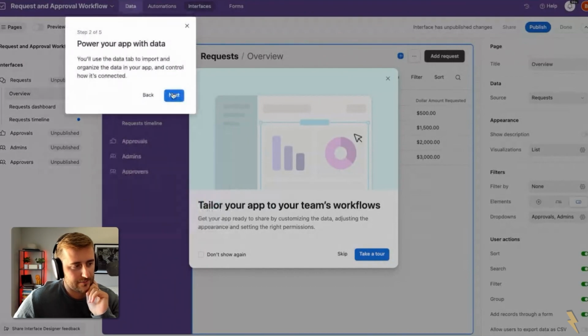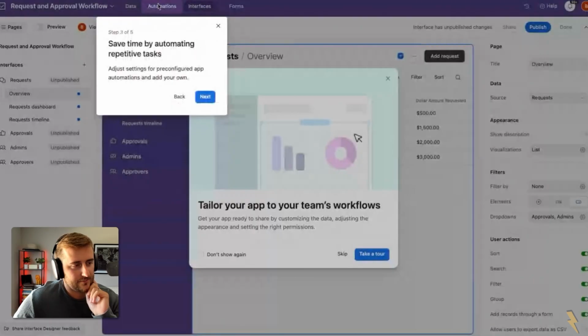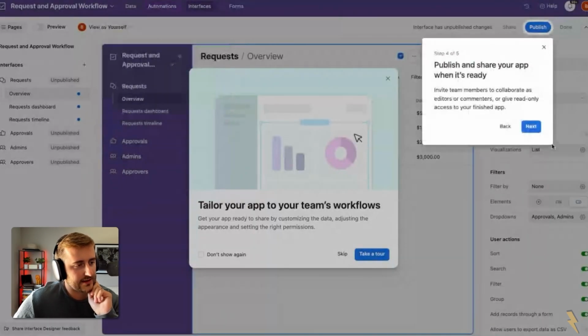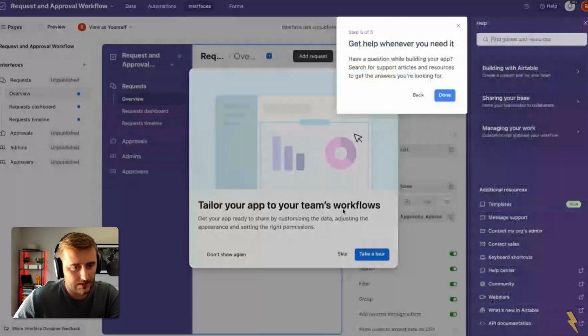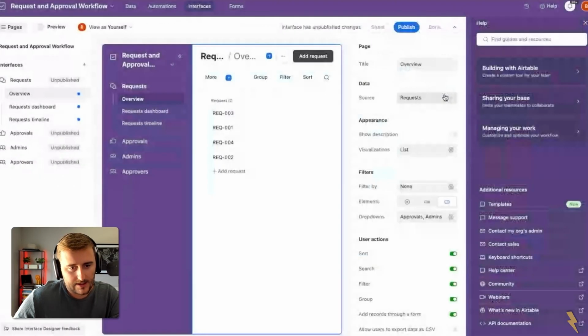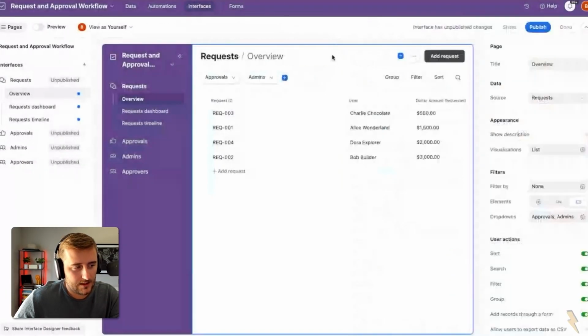They all start out as unpublished. That's the data layer. If this is your first time, you can get to automations by clicking there. Once I'm ready to publish each of these interfaces over here on the left and the pages within the interfaces, I can hit publish. That's like the help section. All right, so